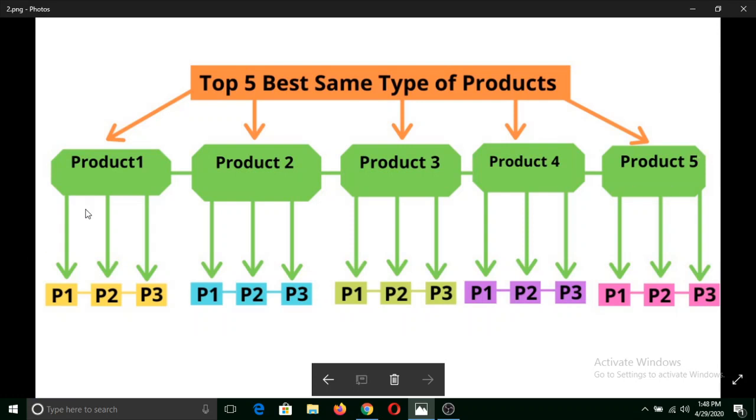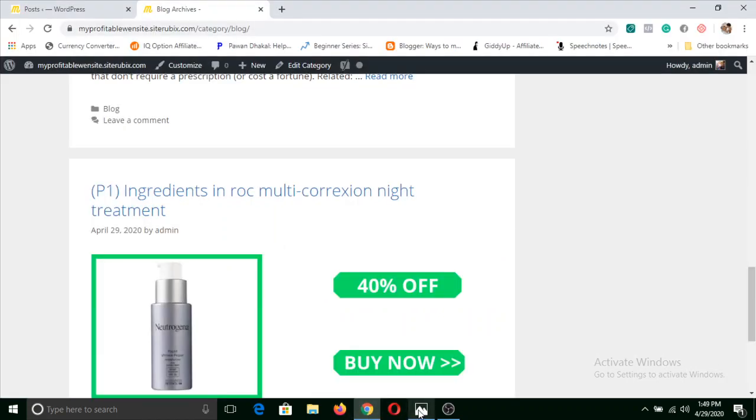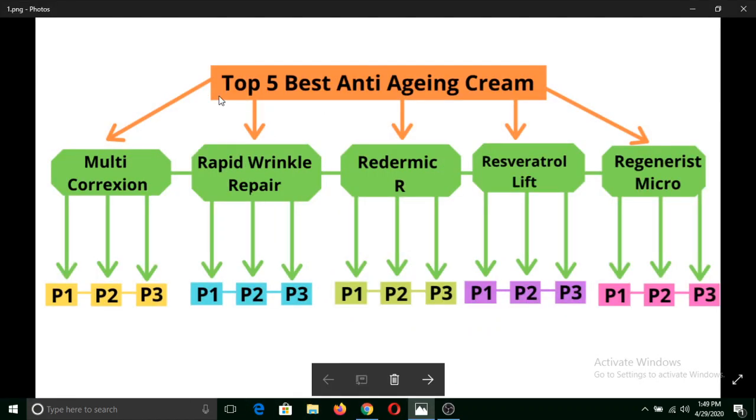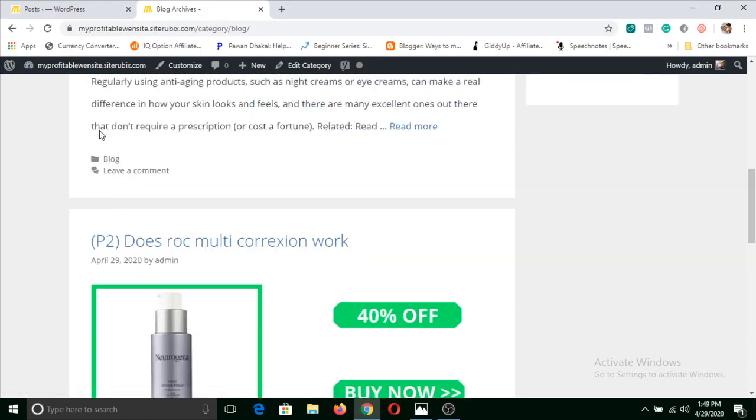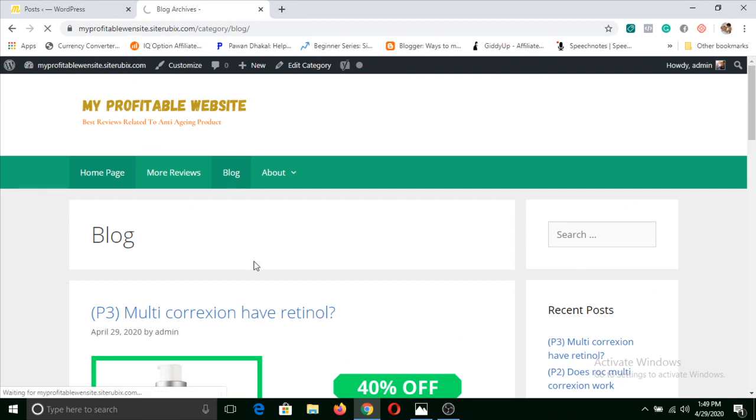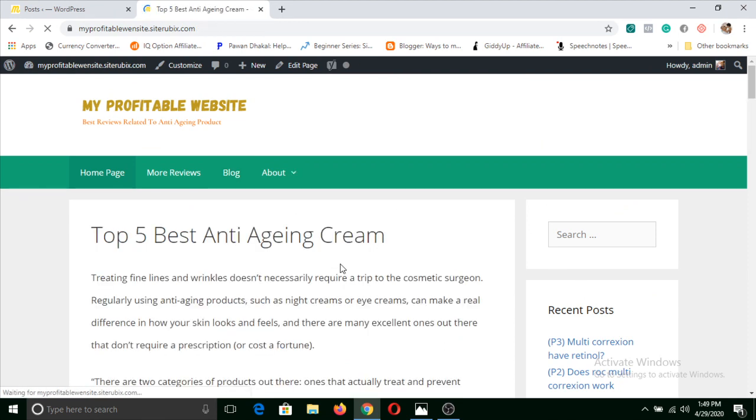And you need to repeat the same thing here. But now, we have already kept our top 5 anti-aging cream on our home page, right? Now you don't need to change this home page.